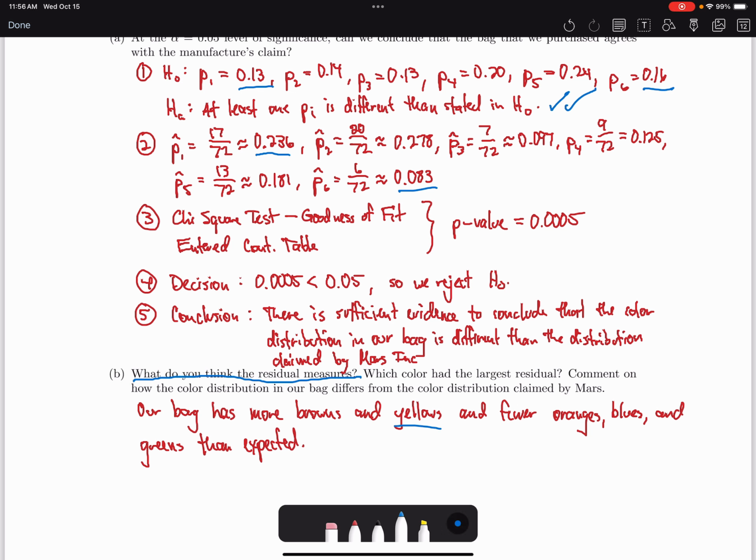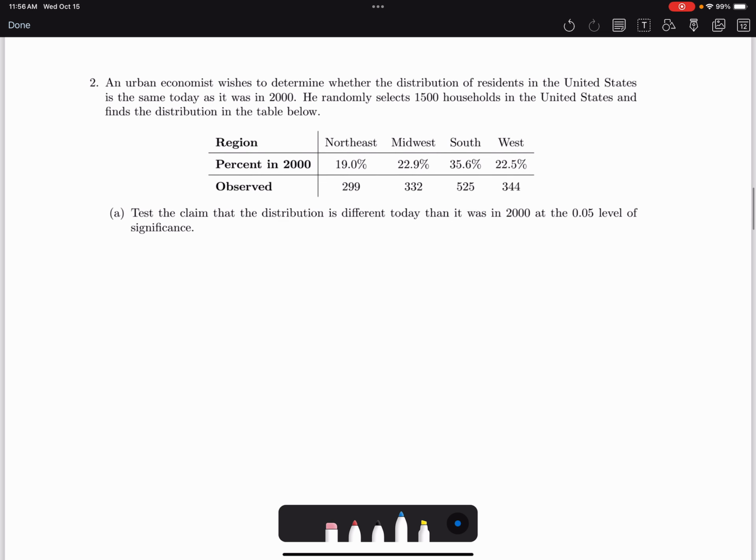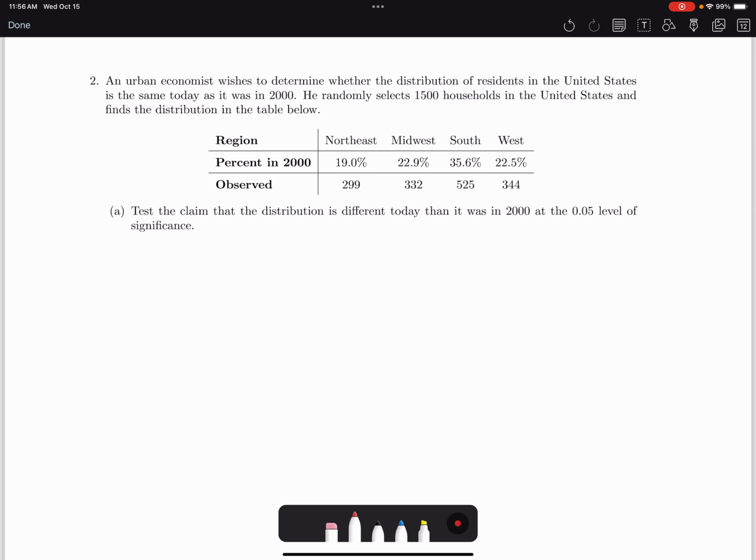Okay, moving on. Here's another example. An urban economist wishes to determine whether the distribution of residents in the United States is the same today as it was in 2000. He randomly selects 1,500 households in the United States and finds the distribution in the table below. Test the claim that the distribution is different today than it was in 2000 at the 0.05 level of significance. Okay, so these are the data that the researcher observed, and these were the proportions back in the year